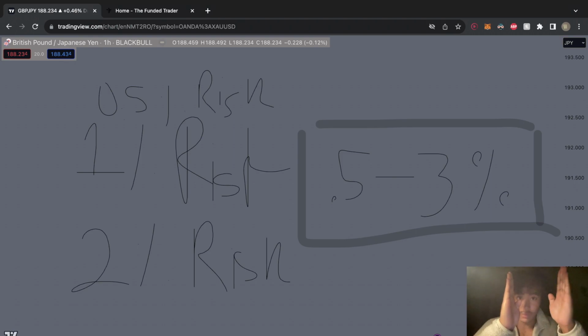Anyway, in 5th grader terms, risk: don't blow your account. If you are losing,